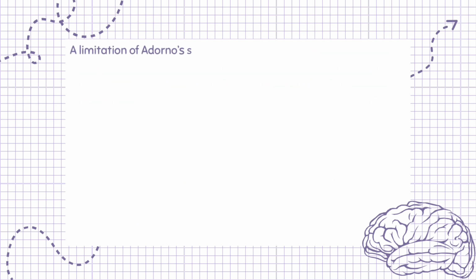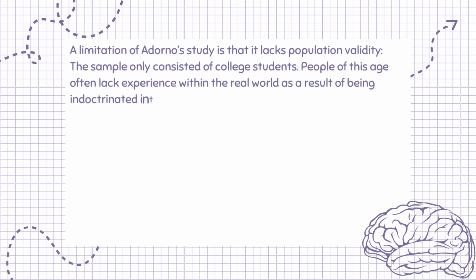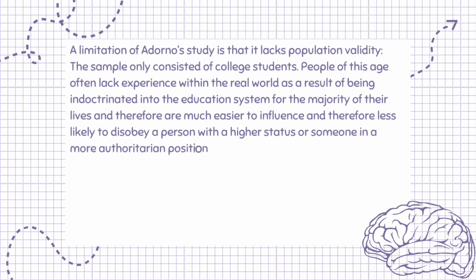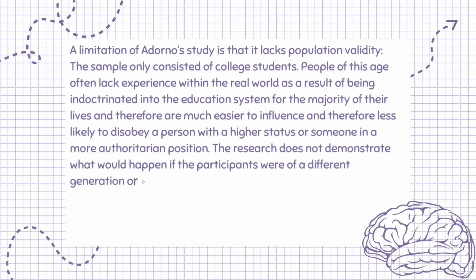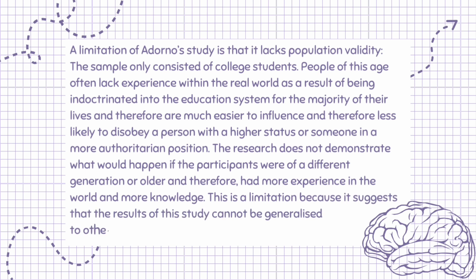A limitation of Adorno's study is that it lacks population validity. The sample only consisted of college students. People of this age often lack experience within the real world as a result of being indoctrinated into the education system for the majority of their lives, and therefore are much easier to influence and therefore less likely to disobey a person with a higher status or someone in a more authoritarian position. The research does not demonstrate what would happen if the participants were of a different generation or older and therefore had more experience in the world and more knowledge. This is a limitation because it suggests that the results of this study cannot be generalized to other age groups,